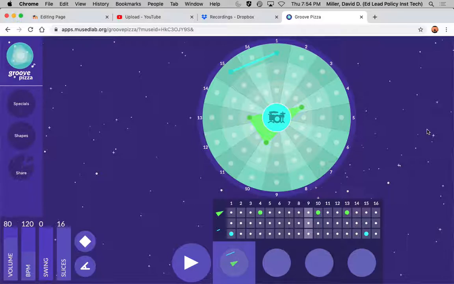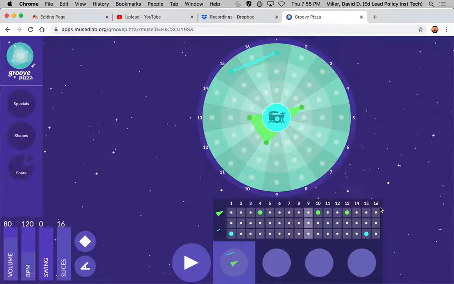And the way it works, if you know anything about the way drums are played, is that a drummer at any given moment is typically playing 3 different instruments, one with a foot and 2 with their hands. And those 3 different instruments generally have slightly different roles in creating a drum beat. So rather than showing a drum beat in a grid form, which is the main way that drum machines are usually set up, this website sets it up in a circular form, and this is why it's called Groove Pizza.